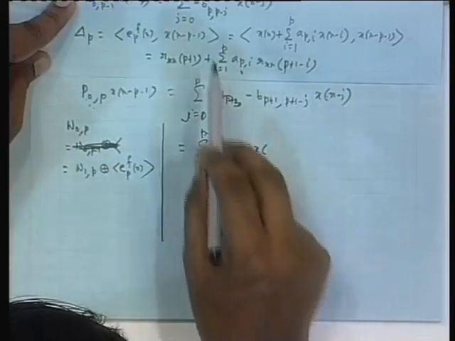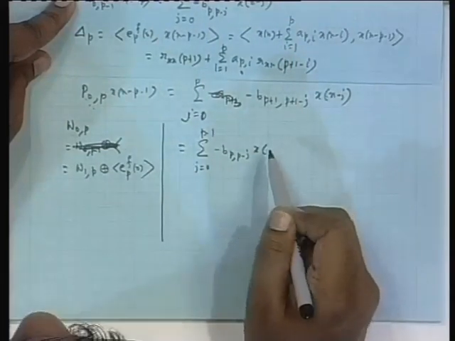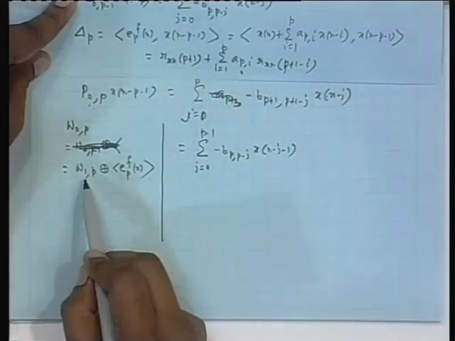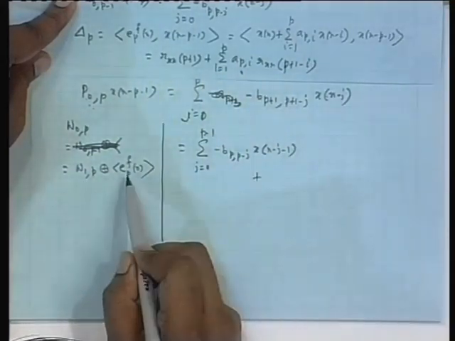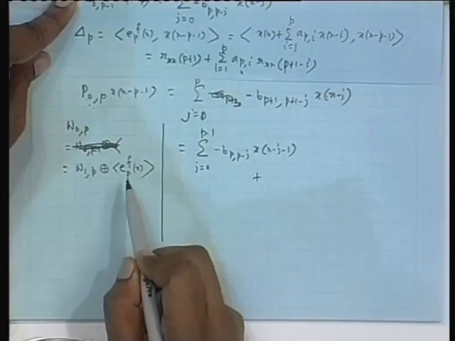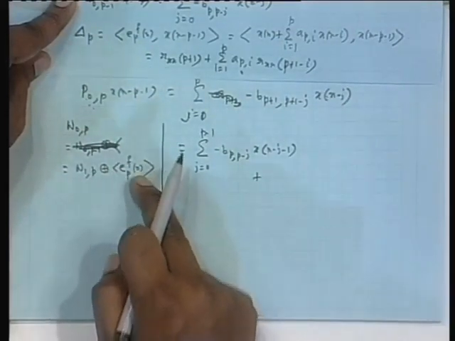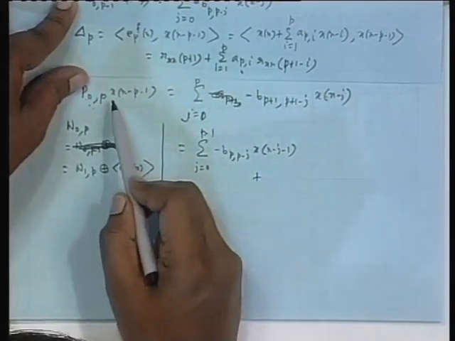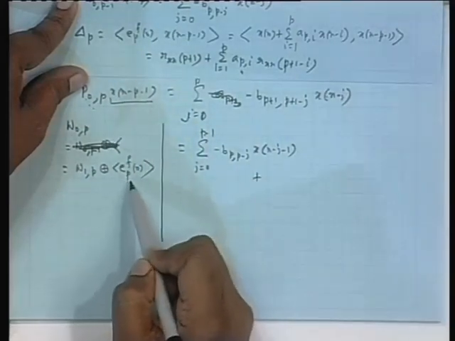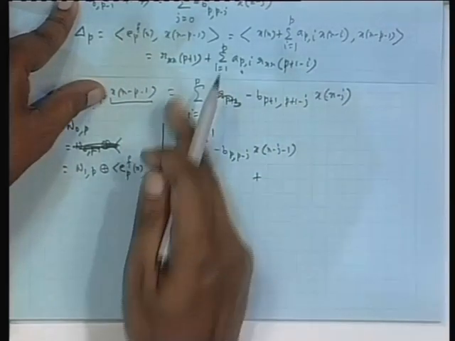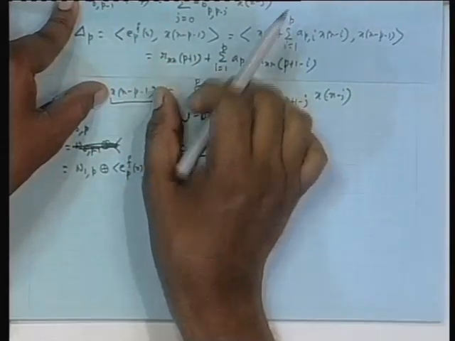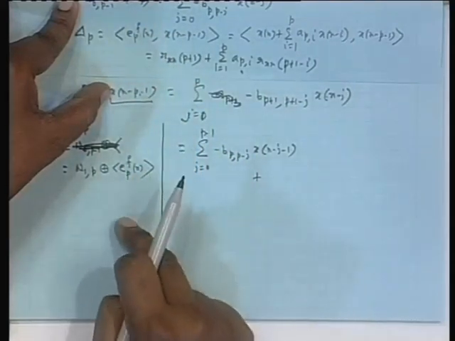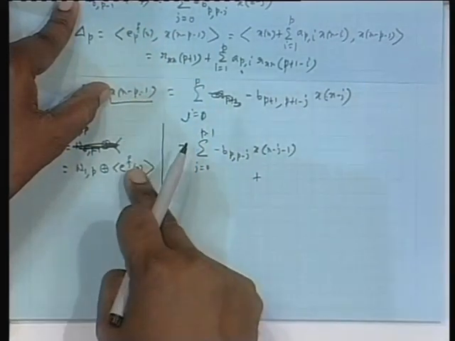x, then what, n prime minus j, and n prime again I bring back n minus 1, so n minus j minus 1. So far so good for projection here, but there will be a projection on this. Projection on this means between these two, and between these two means what, can you see? You are projecting this guy, yeah, but you are projecting for the rest of the community. Again, you are projecting this on this, fine. You are projecting this on this, means inner product between the two, divided by norm square of the two, and once again inner product between the two will give rise to delta p star.